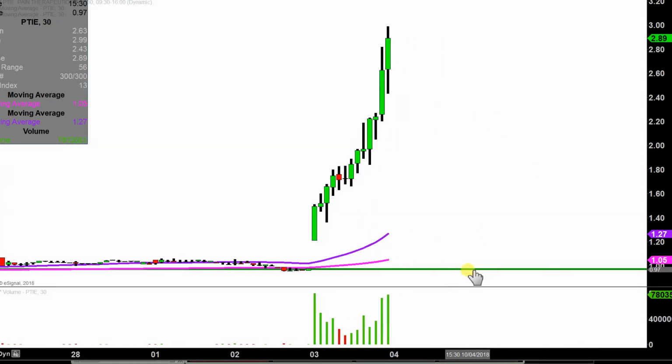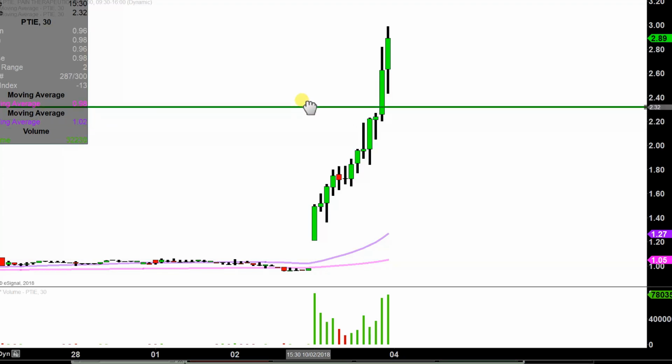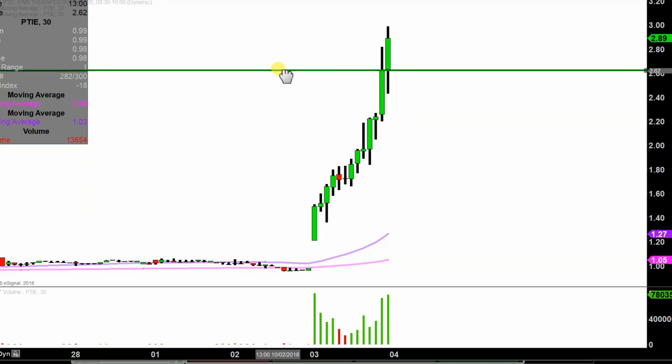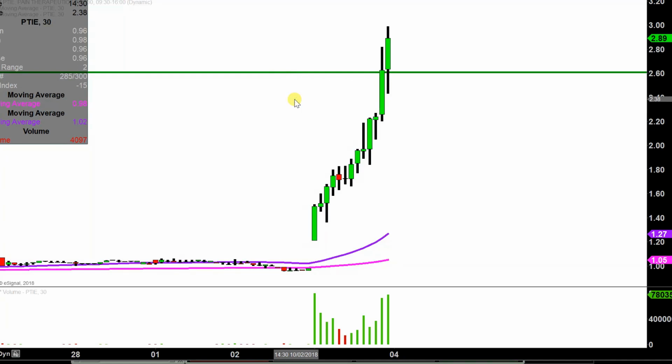So the ideal level of support going forward, we say, hey Clay, what would make this chart look the absolute strongest going forward? That would be if the price can stay up here above $2.60. Now, don't get me wrong. If the price falls below $2.60, by no means am I saying the entire chart's ruined or anything like that. But yeah, if the price can somehow manage to actually stay above $2.60, that would definitely be a huge sign